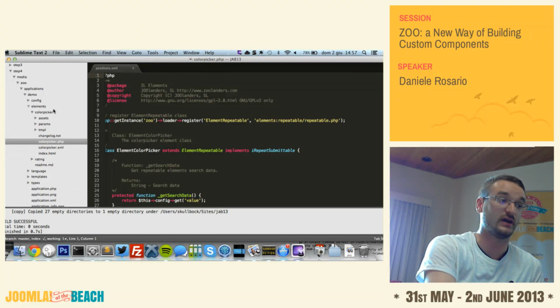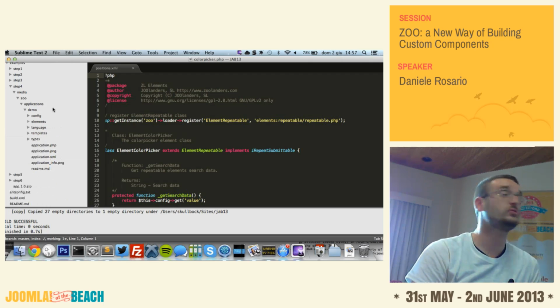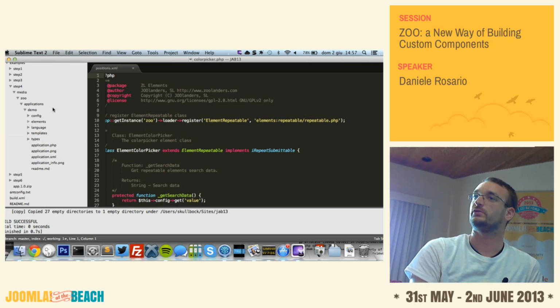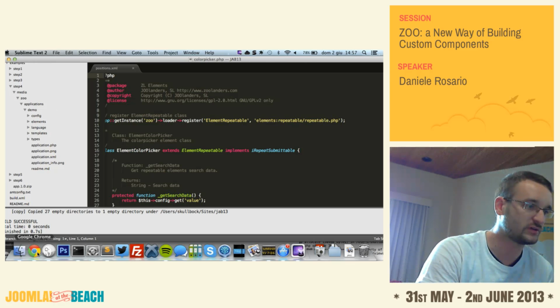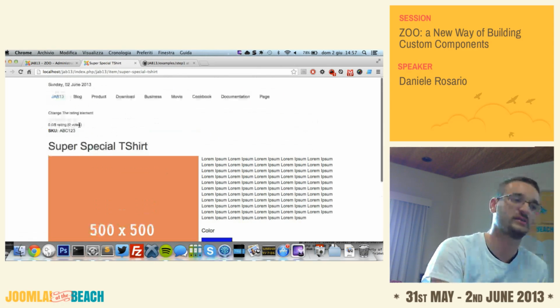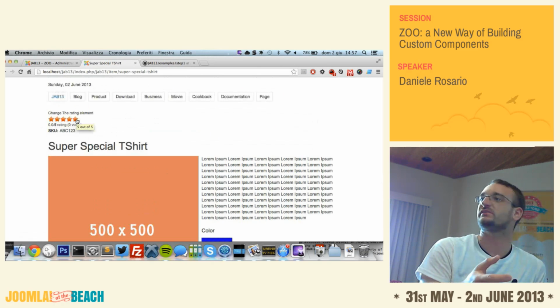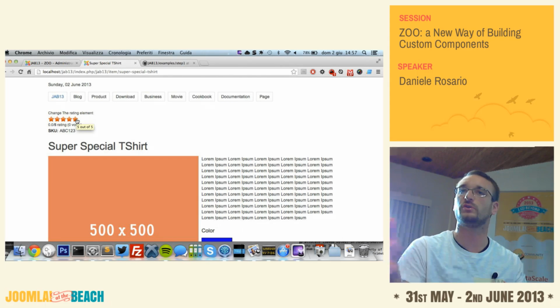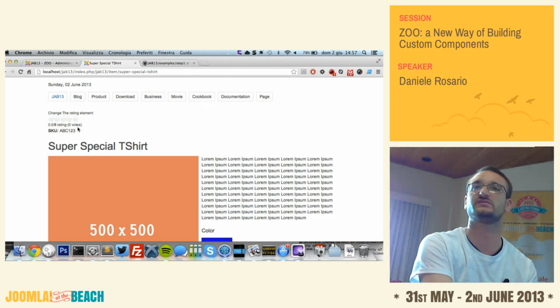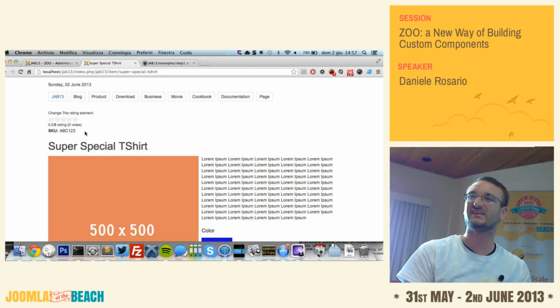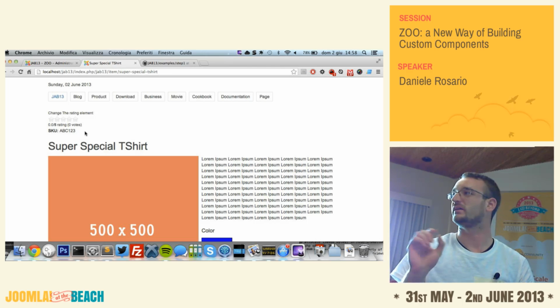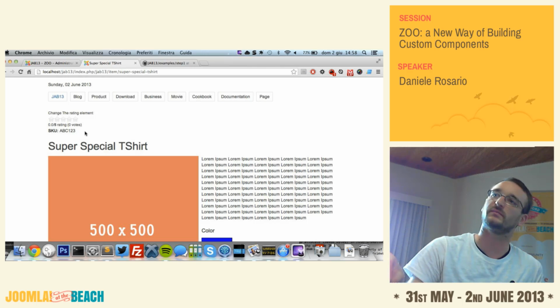But other than this, you can also use a core element. Like, I don't know, I don't like the rating element stars. I don't know if you ever saw that. But if you go here, there is this rating element here. Maybe I don't like the stars, or I want them spaced more, or I don't want this 0.5 rating. I just want the stars. I don't actually need to create a new element for that, because I can just override the small layout of the single element to display